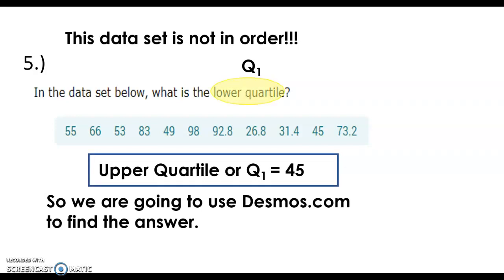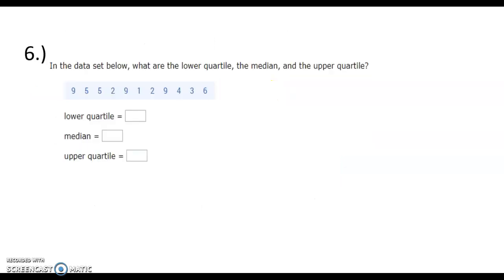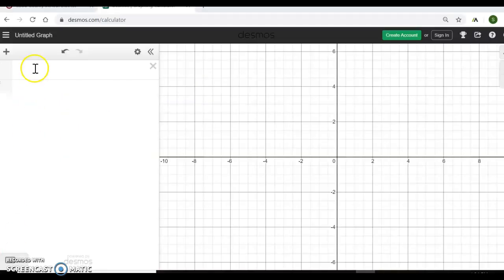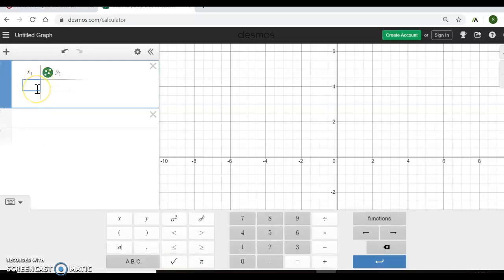Last but not least is number 6. In order to answer number 6, you have to answer 3 parts of the question. What we're going to do is use Desmos for this one. Again, we're using Desmos because the numbers are not in order. I go to the plus sign on the left side of the screen. I'm going to add a table, and then I'm going to enter my data points, which happen to be 9,